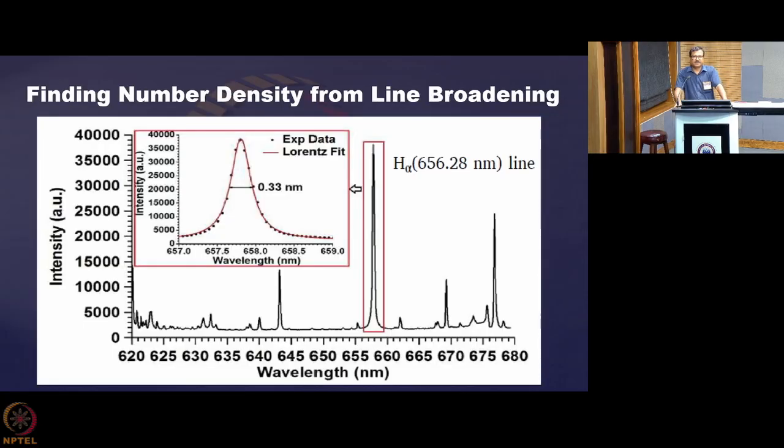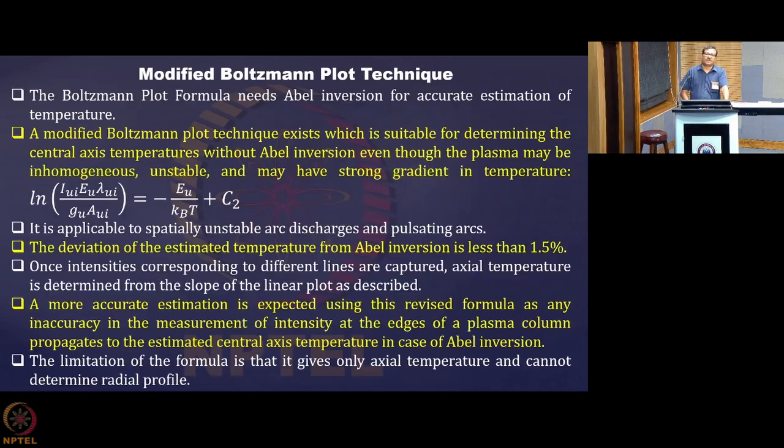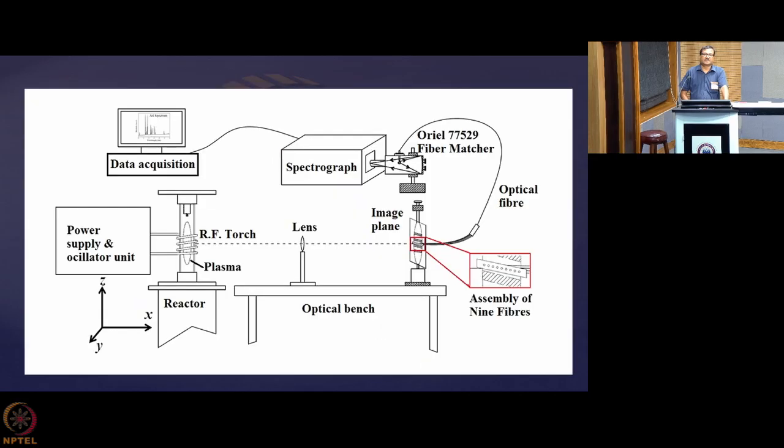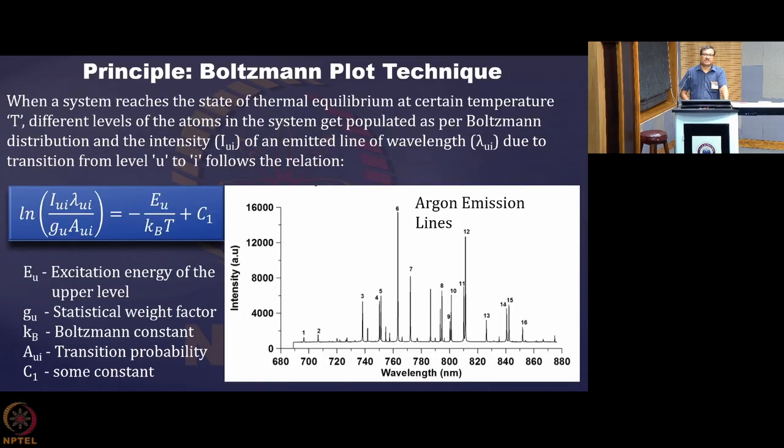You know that there is something called Stark broadening. When we are discussing the line intensities in the spectrum collected, more or less we are getting certain lines. These are the kind of lines we are getting, but you know that these lines are actually not lines, they do have a profile, and if you want to find out the intensity, then you should integrate the area under the curve of this peak, and then only you will be able to find out the intensity.